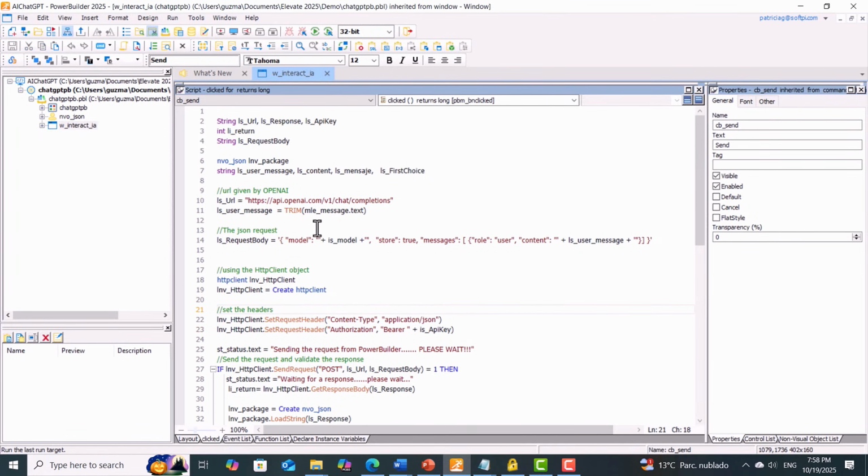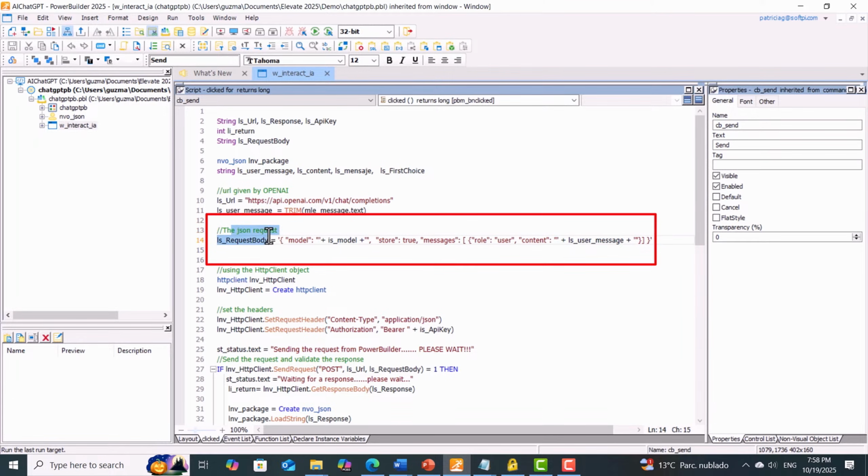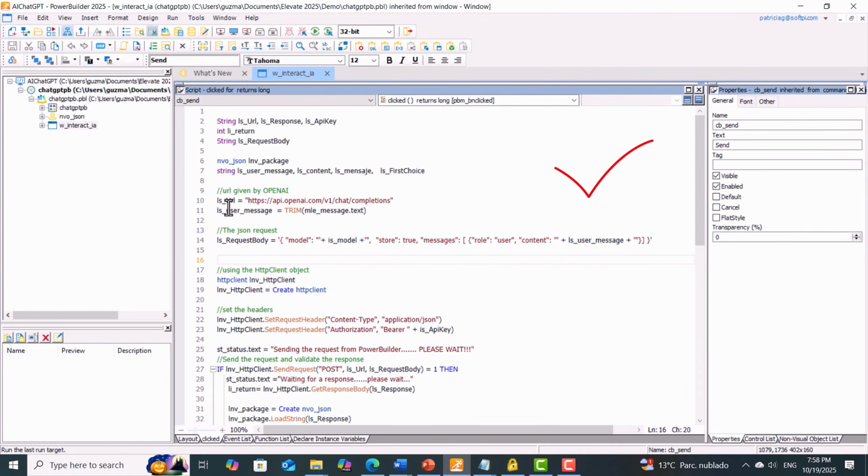Okay. In addition, we need to create the JSON request. And how do we create that? We use this part, indicating the model. We have the model, and we have the user message, which is the prompt. So we use this part as a part of the JSON request. Okay, once we have the request, the URL, the prompt, and we set the headers, we